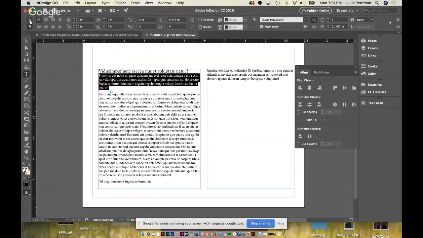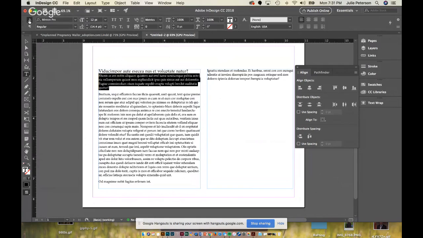and then come over here to your character control up here. So look for the letter A, and you're going to increase your tracking or decrease your tracking. So right here, the VA with a double arrow behind it, that's your tracking, which is the spacing between each of the letters. So I can go and increase that, and just by increasing and pressing up once, it already brought another word down to the line, so I don't have a widow anymore. You want to avoid widows because right now it's throwing off the balance of your paragraph, okay?